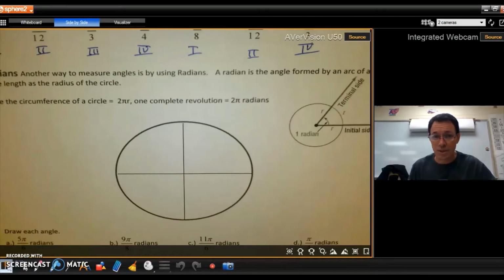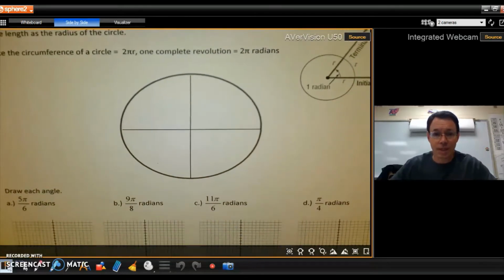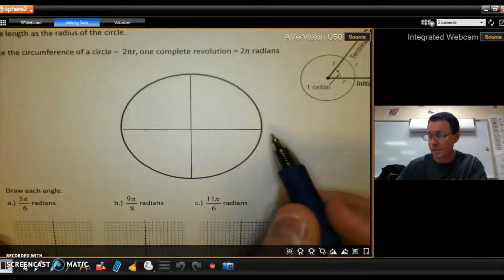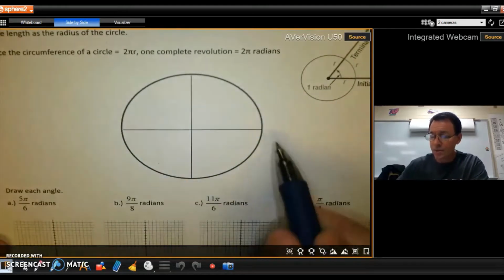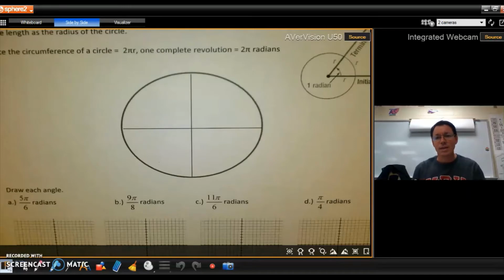We're familiar with degrees. So what is a degree? Well, they took a circle and they decided to chop it up into 360 pieces. So an entire circle is 360 degrees. Who chose 360? It was probably the Babylonians. They used base 60 for a lot of their number system. Why? It divides into fractions real easy. You can do a half, a third, an eighth, a fourth, a sixth, a tenth really easily without having to